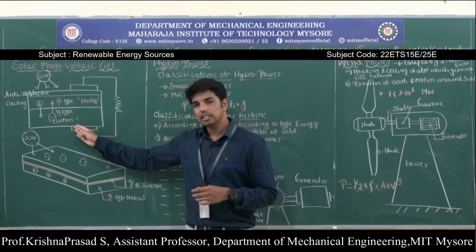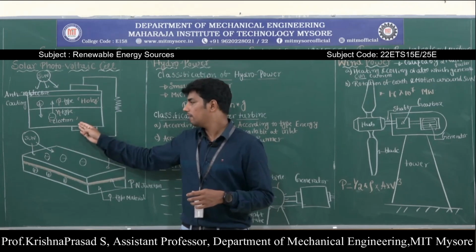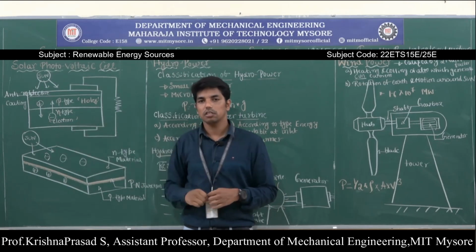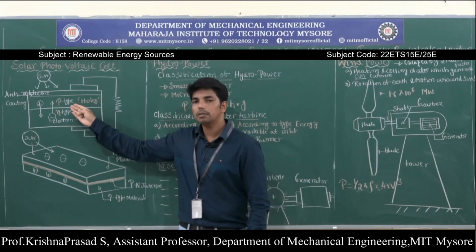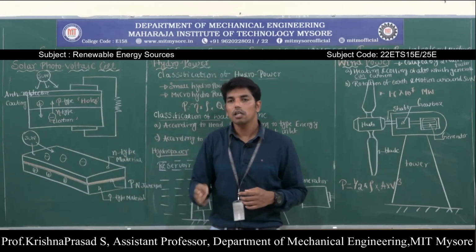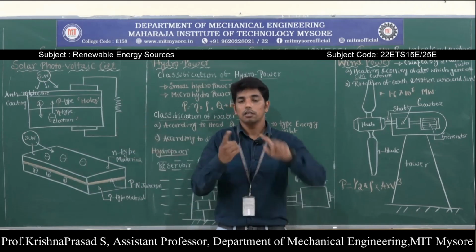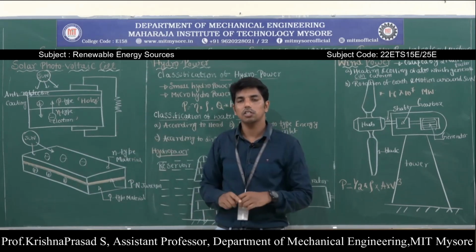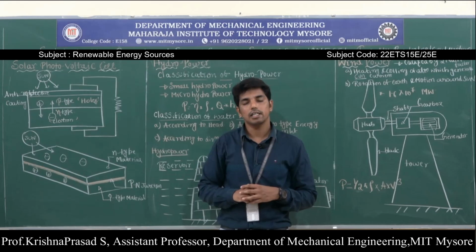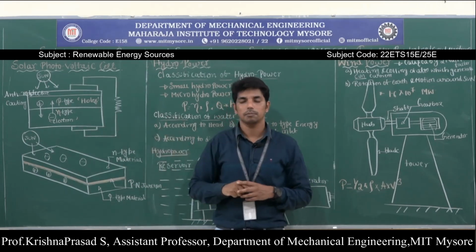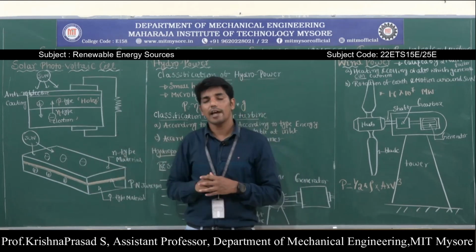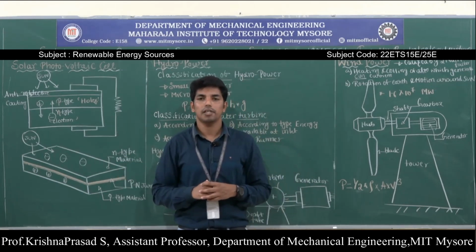Similarly, in the case of the n-type silicon, there is a large concentration of electrons, and these electrons have an affinity to move towards the p-type silicon in order to combine with the large concentration of holes. This charge distribution across the junction gives rise to an electric field, and a potential difference develops across the junction. So this is the principle of the solar photovoltaic cell.